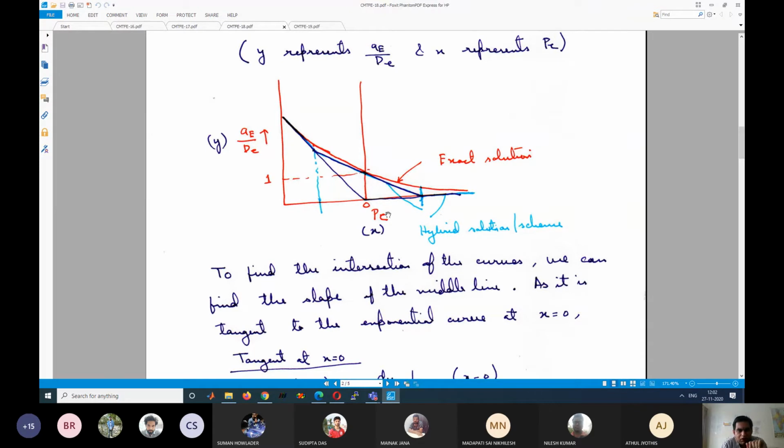Okay, so A is equal to 1 plus P square if P is greater than 0, and A is equal to 1 plus P if P is less than 0. This is after some derivation. This is the scheme we have derived. Okay. Now, what is the value of B in this case? How will you write the value of B in this case? A is 1 plus P square if P is greater than 0.